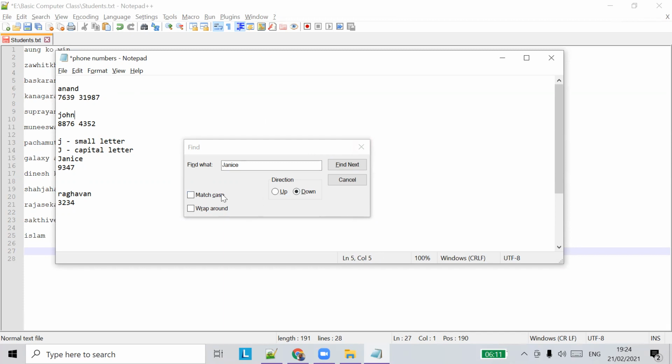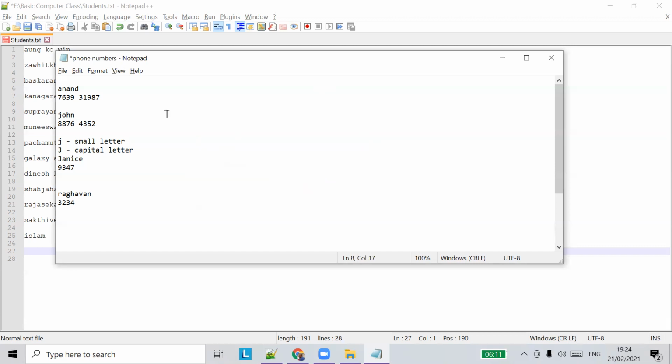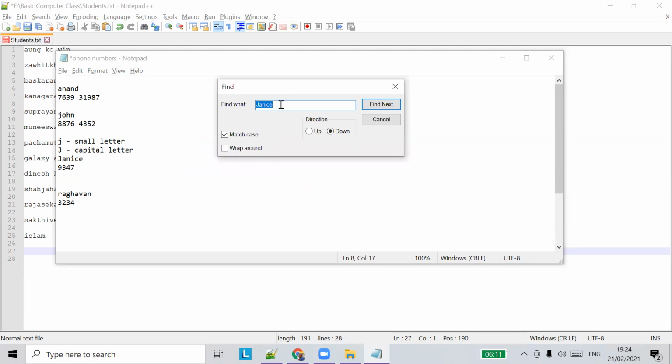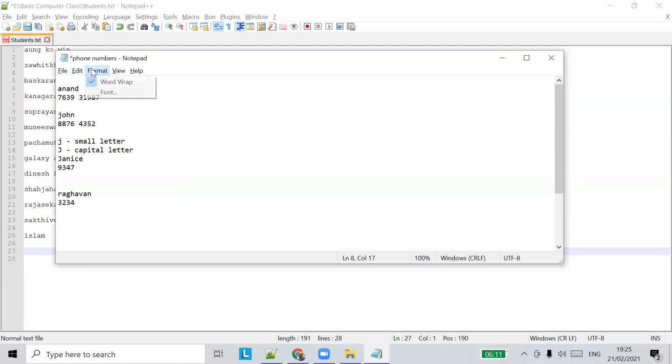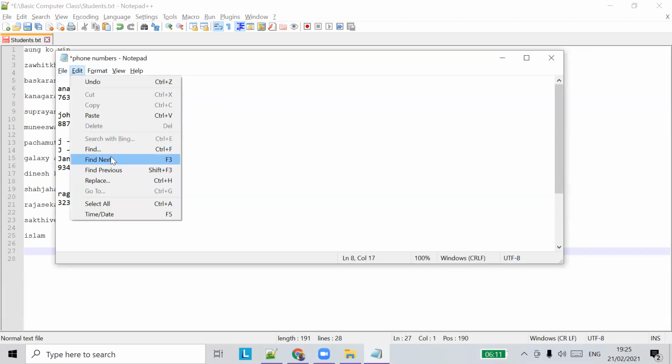I was talking about checkbox. So this is a checkbox. This is a checkbox. This is a radio button. This is called a text box, so we can type some text here. These are all called buttons. This is also a button, a close button. This is a find next button, and this is a cancel button. These things will be helpful. So this is a text box, these are buttons, this is a radio button, and this is a check box. Okay, so we'll see the next option. We'll see find next.